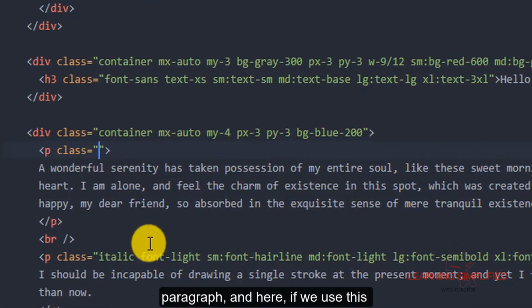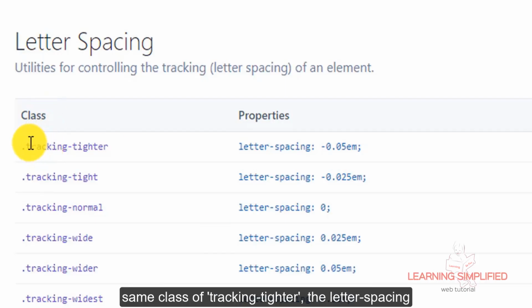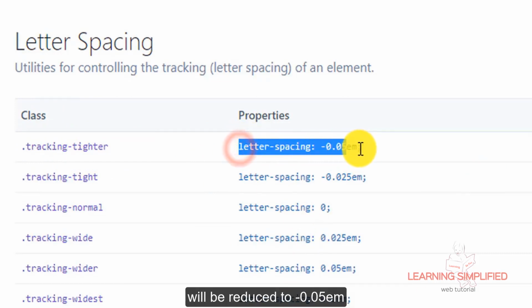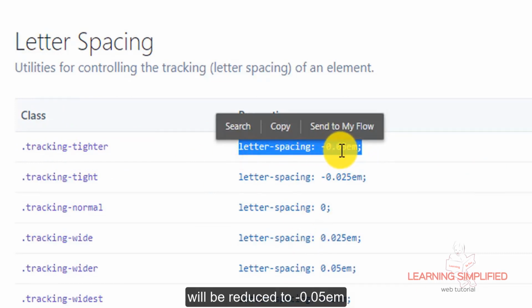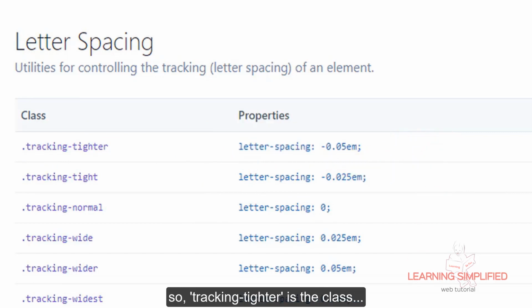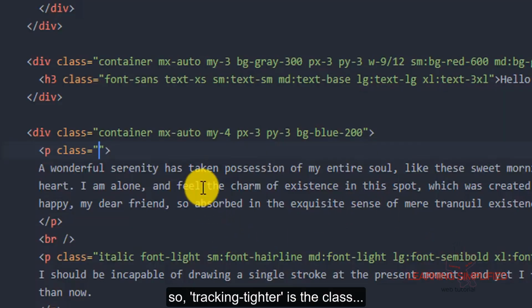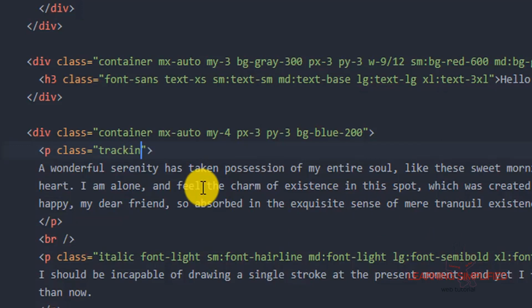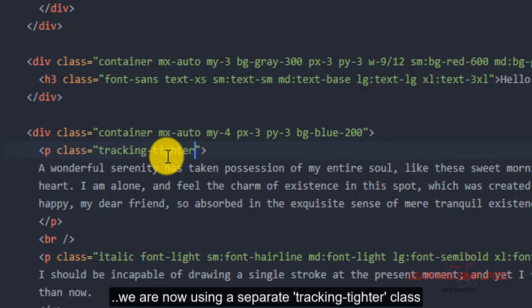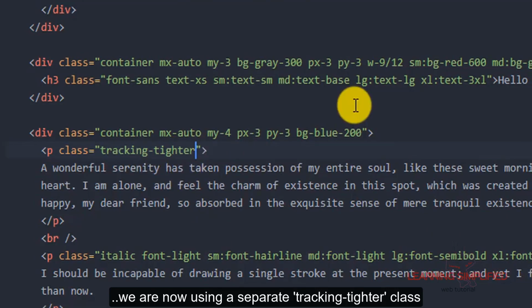paragraph, and here if we use the same class of tracking tighter, that means the letter spacing will be reduced to minus 0.05 em. So tracking tighter is the class. We are now using a separate tracking tighter.